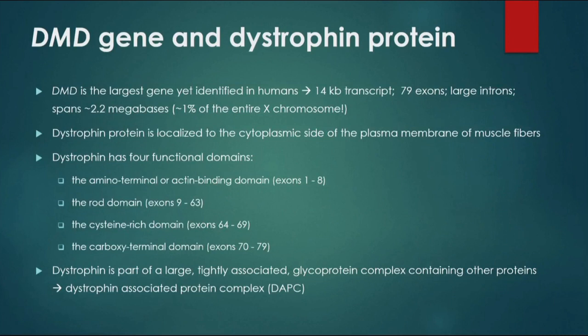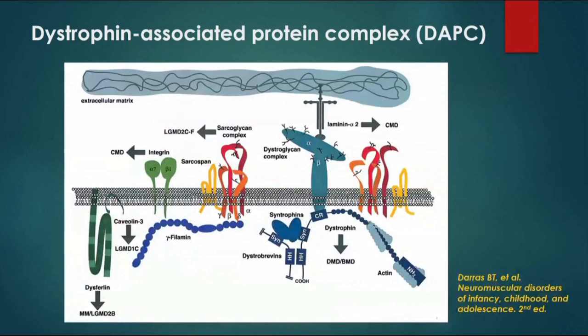And dystrophin is part of a large glycoprotein complex containing other proteins. They are called together dystrophin-associated protein complex. This is a diagram demonstrating the DAPC. So as you can see, this large protein is dystrophin, which has 4 domains, as I was talking about. The amino terminal domain, which is actin binding domain, the rod domain, which is the largest one, and the cysteine-rich domain, the smallest, but it is the one which anchors to